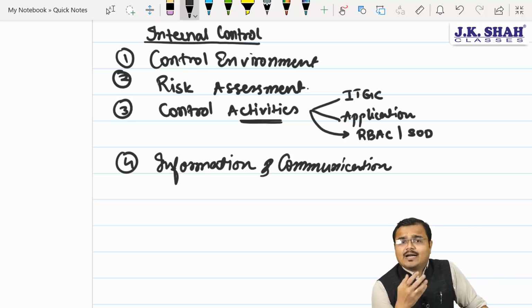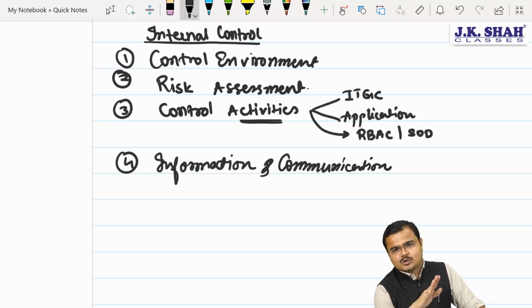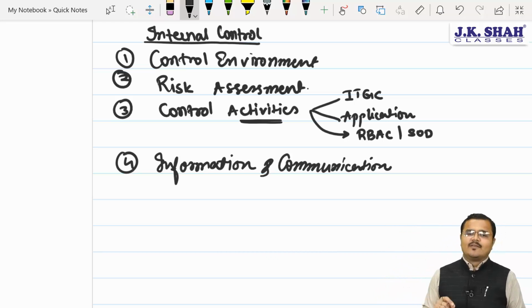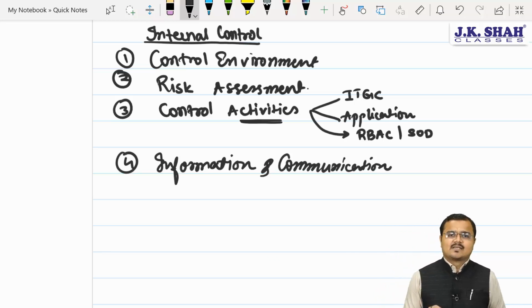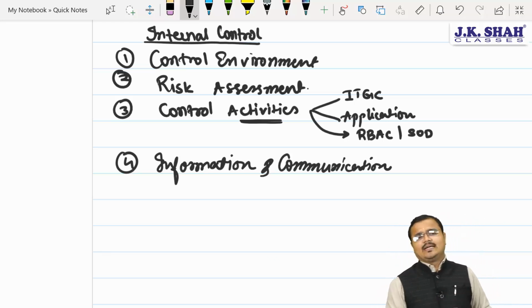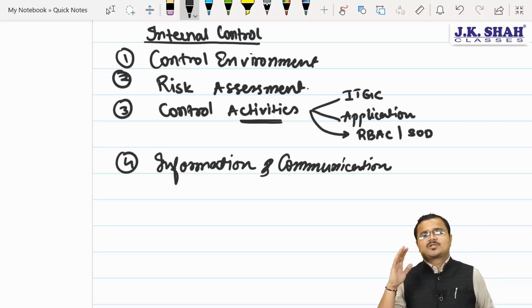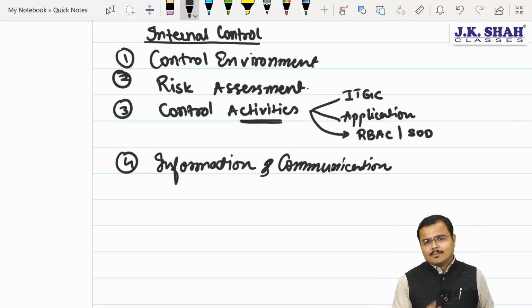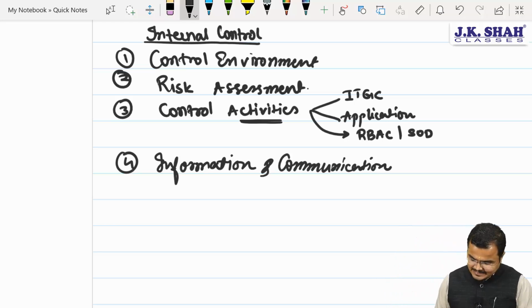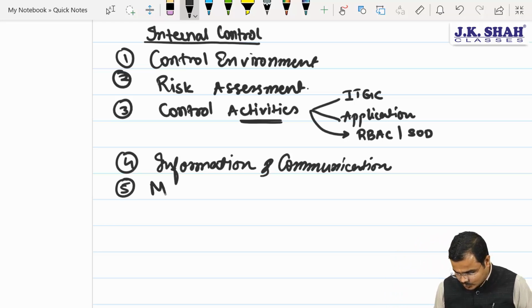So communication is a very important control, chartered. It is also very important how we share this information. Proper controls must be used obviously while communicating also, but still, chartered, information and communication are an integral part of the best internal control. So internal controls consist of, number 1, sir, control environment. Number 2, sir, risk assessment. Number 3, sir, control activities. Number 4, sir, information and communication. Number 5, people, it's a very important one, and that's called what, sir, monitoring of controls.